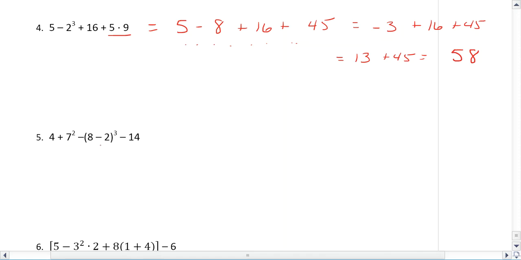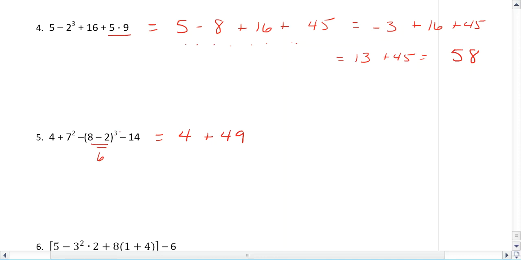All right, example 5. We have some grouping symbols here, some parentheses. So we need to do what's inside those parentheses first. So we'll leave the 4. You can go ahead and square the 7, because that would be our second operation. So 7 squared is 49. Now let's deal with this. 8 minus 2 is 6. And 6 to the third power,